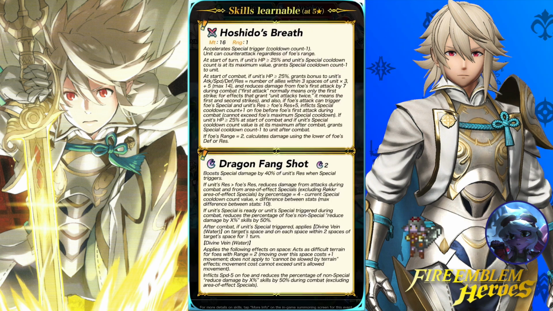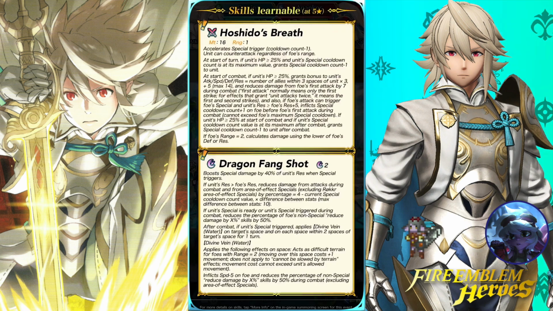Okay, well, I don't know if I totally understand this, but it seems like it's just a fancy, maybe like Dragon Wall. A Dragon Wall that I failed to understand because it's 11 p.m. at my time, and I have work tomorrow, so I'm just gonna assume that that's pretty good. And then if unit's special is ready or unit's special triggers during combat, reduce the percentage of foe's non-special reduced